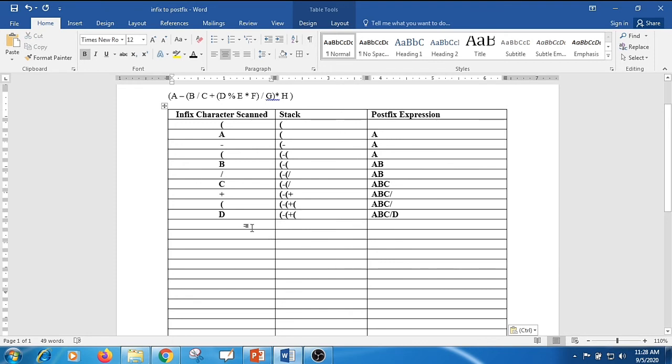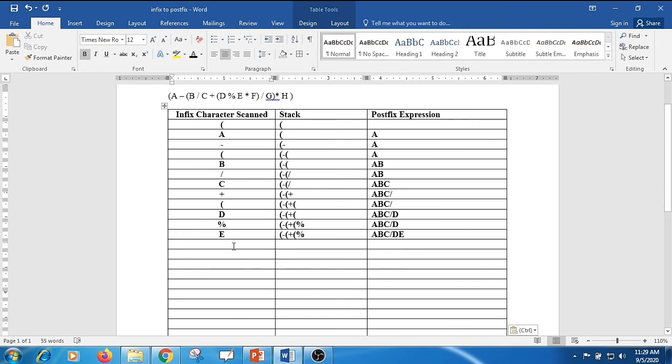Next comes mod. Since it is an operator, I need to place the mod after this, in the stack. And here, as it is, A B C division D. And after mod you have E, where I need to keep E after D: A B C division D E, and the stack will be as it is. There is no change over there.